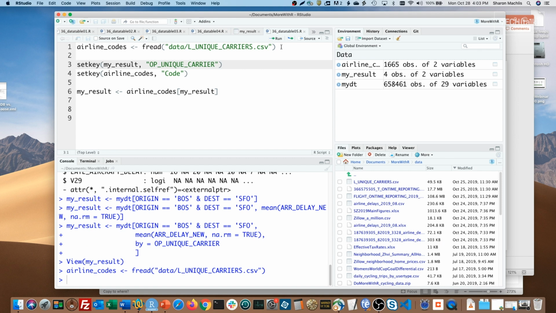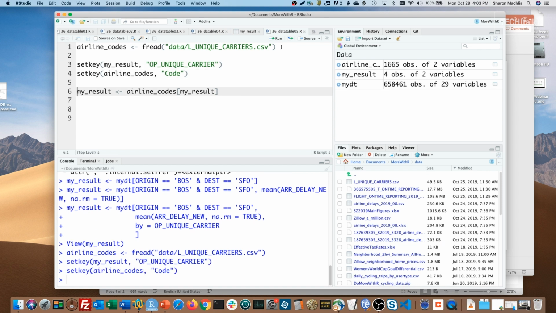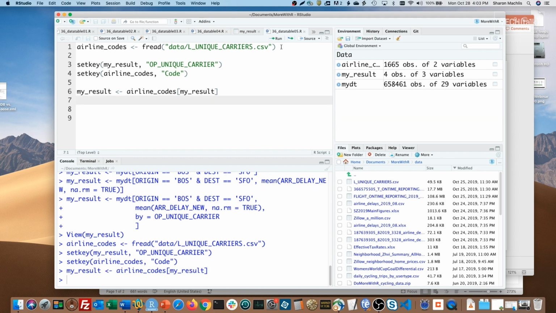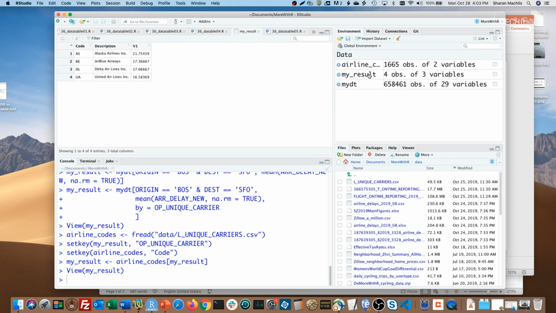I'll first set joining and indexing keys for each table, OP_UNIQUE_CARRIER for the original data and code for the lookup table. Then it's just my lookup table with my original data table in brackets: airline code, bracket, myResult. And now I've got the name of the airline here as well.